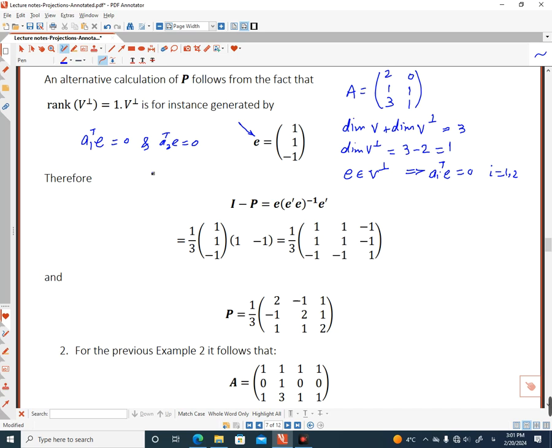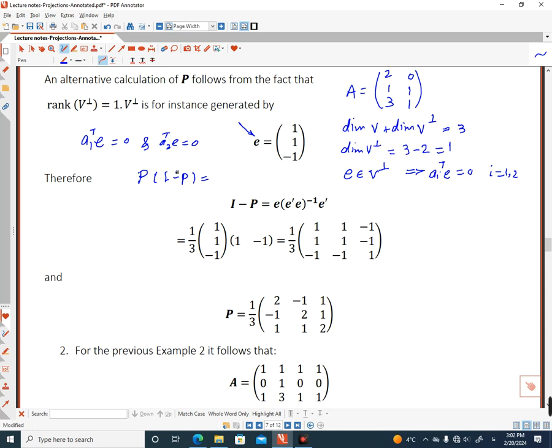This, remember, P is orthogonal to, or better to say, this V perpendicular is orthogonal to V. In order to see that, if I have the projection onto V and the projection onto V perpendicular,